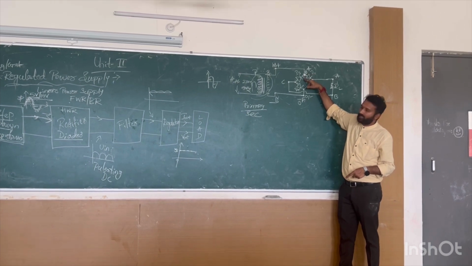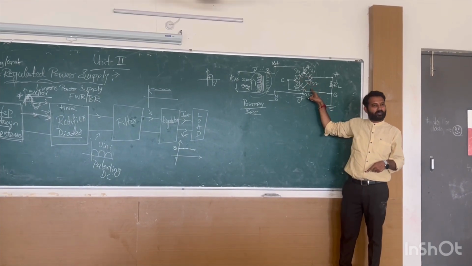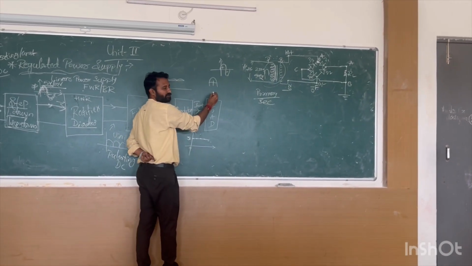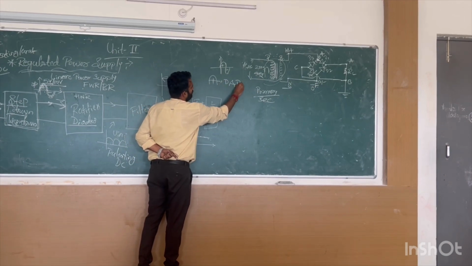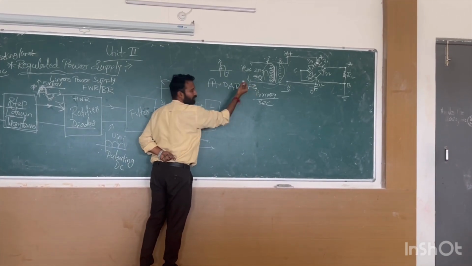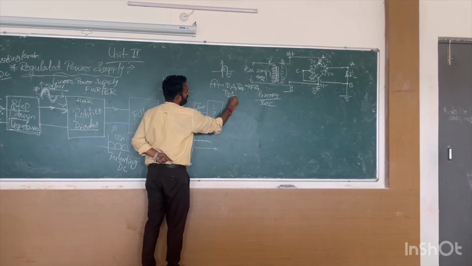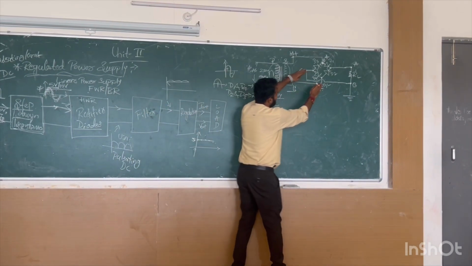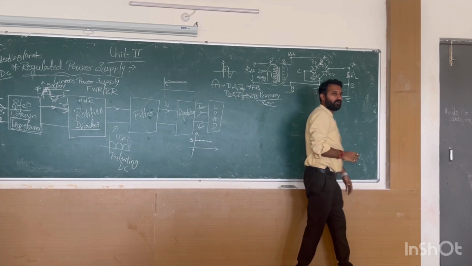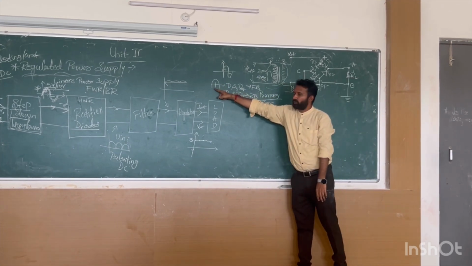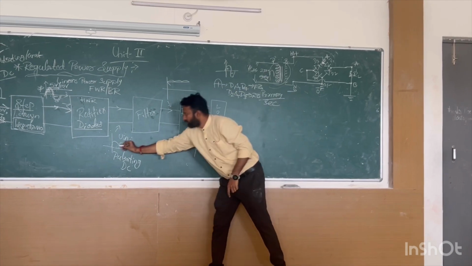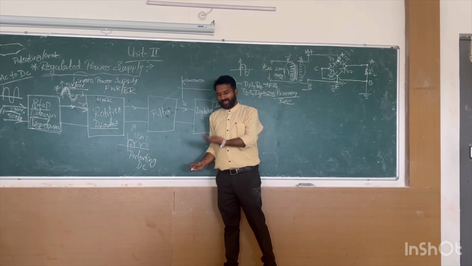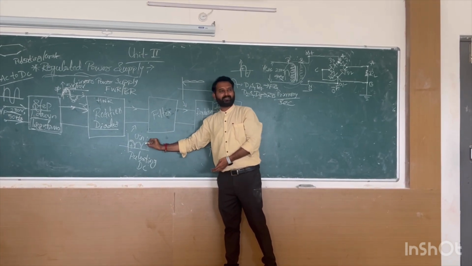If I apply positive here, what will happen? D3 and D2 will be under reverse bias. You can write down that for the positive half cycle, D1 and D4 will be under forward bias condition, and D2 and D3 will be under reverse bias condition. Means they will act as an open switch, and they will act as a closed switch. My input is positive and the output will be a positive half cycle only. This is what we got: pulsating DC. Like that, you will get a constant pulsating DC voltage.